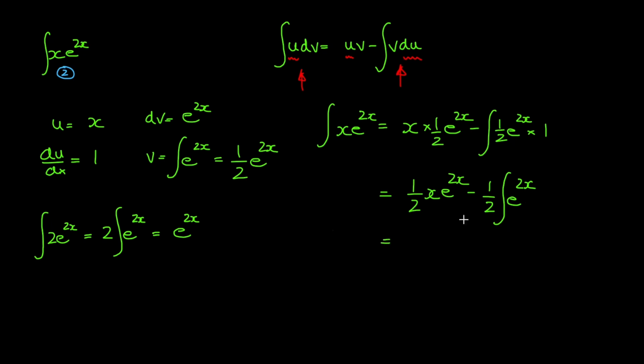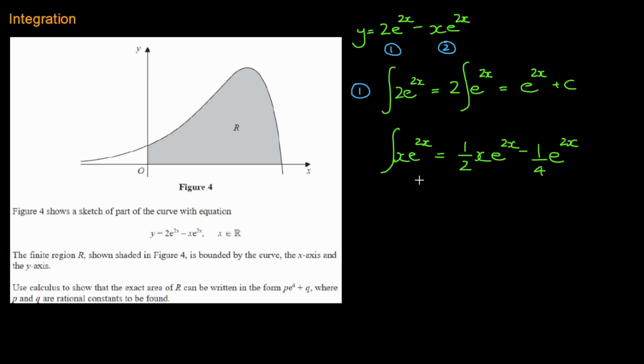And that's equal to, well, we've done that integration already again. So it's a half of this. So this is a half x e to the 2x minus a quarter e to the 2x. So we've got our answer. And that's the result I'm going to take back to our first page. And there we have it. So this is the result